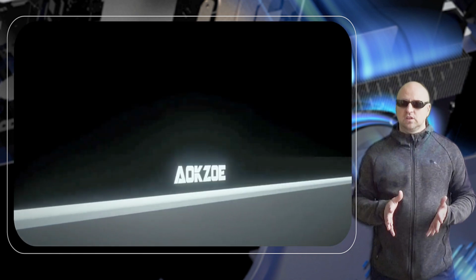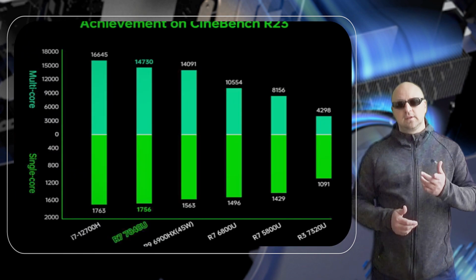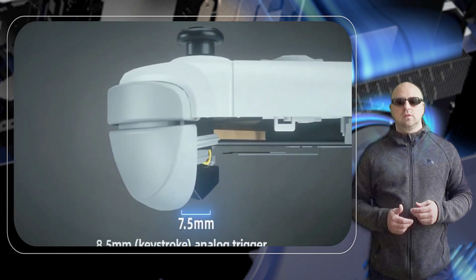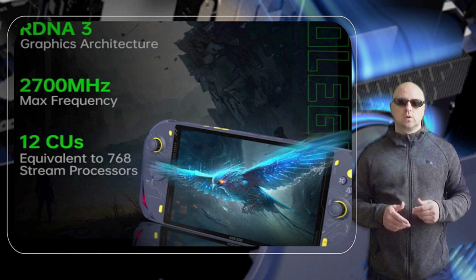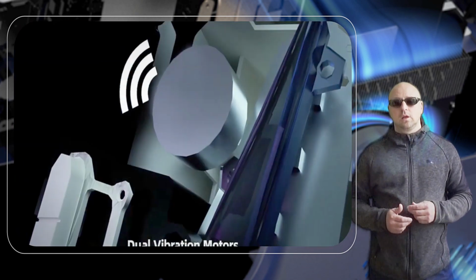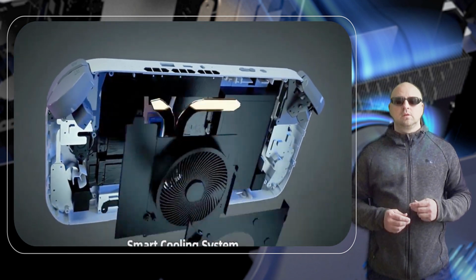The new A1 Pro is available for pre-order through Indiegogo. AOKZOE will offer 5 different configurations. Pricing will range from $799 to $1,159. At the heart of each system is AMD's Ryzen 7 7840U processor, which features 8 AMD Zen 4 CPU cores,